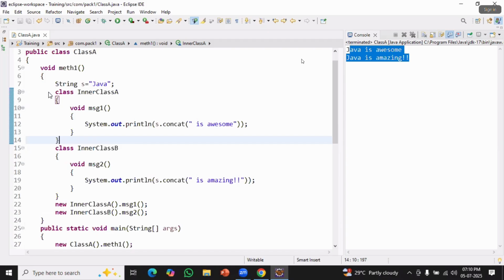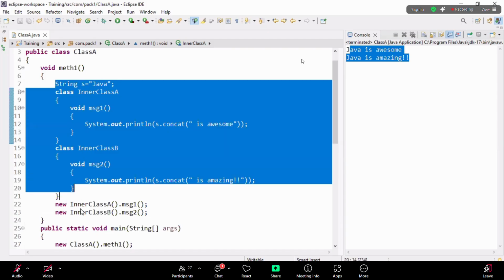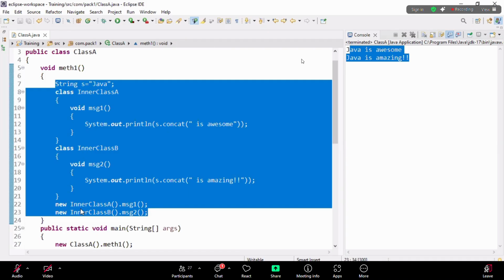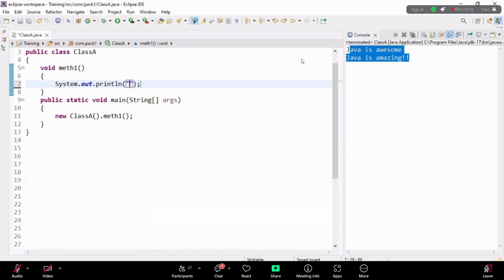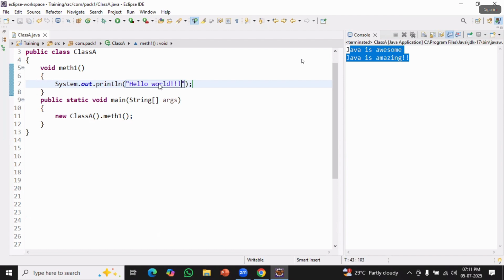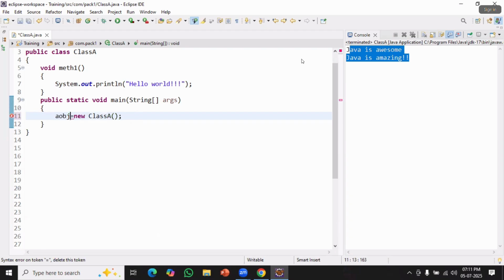For example, I am just going to remove all this. Simply system.out.println. I'm just trying to write hello world. Now I want to override this method. I just want to override this method. If I want to perform method overriding, you know that the very first step in method overriding is